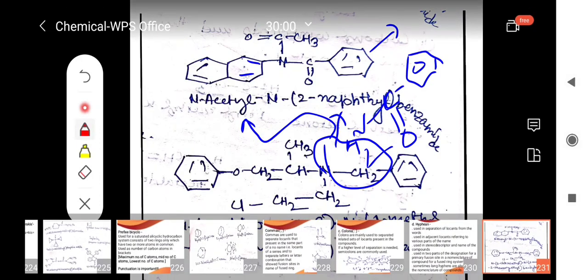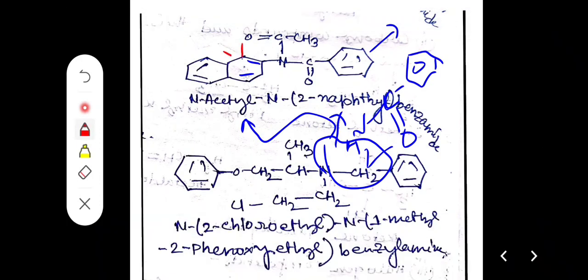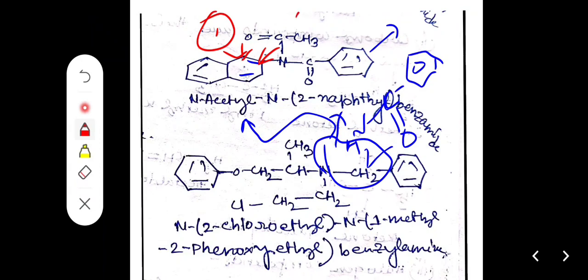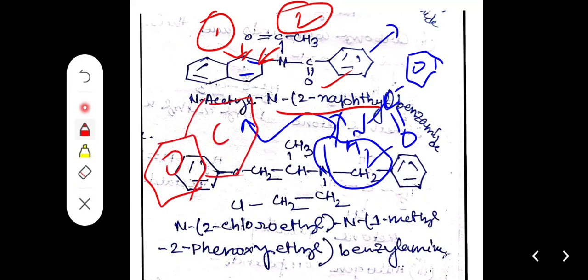Now there should be one thing, that is in naphthyl, that position is termed as 1, and that position is termed as 2. That's why we termed it as 2-naphthyl. If we draw the benzene ring and the naphthalene ring, this position is 1, so this position is 2. Okay,